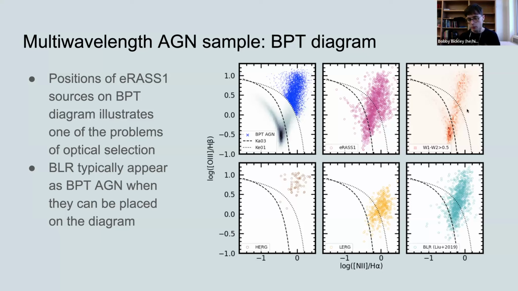Similarly, I'll point out here that the mid-infrared or dust obscured AGN that also happen to have an observable narrow line region belong sometimes to the AGN classes on the BPT diagram, sometimes to the star forming classes. It's somewhat similar with the galaxies hosting broad emission lines, where we can still measure a narrow component. They appear as various different classes on the BPT diagram, although this is a little bit trickier to interpret because when you're decomposing an emission line into a broad and a narrow component, there are some difficulties in trying to do that accurately.